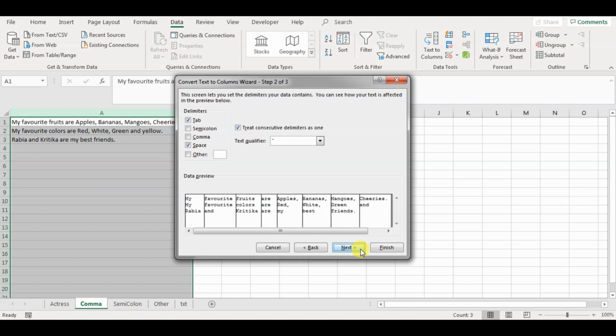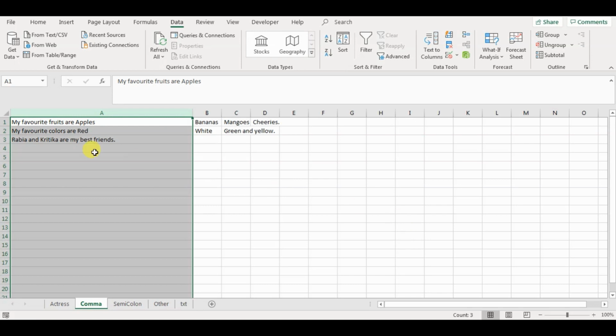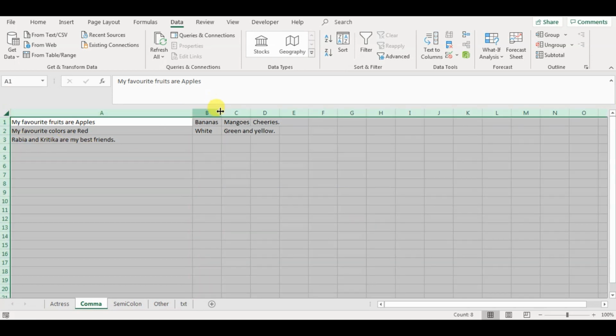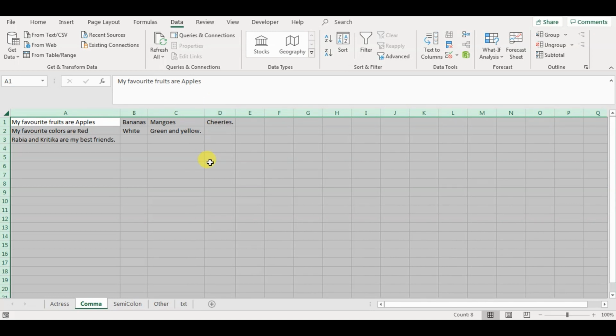Now in this, I want to separate text on the basis of commas. So I would take the space out and put comma, and you can see a preview over here. Click finish. Now you can see that these texts have been delimited on the basis of the comma character. Wherever there were commas before the text, these texts have been put into different columns.